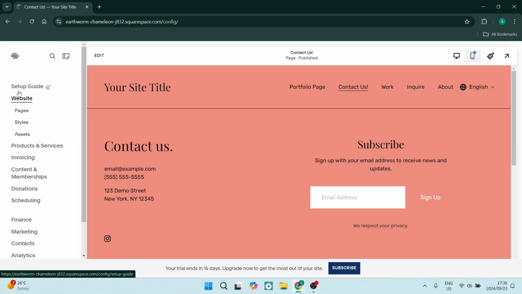Having a drop-down menu on your Squarespace website can make navigation super easy. So today I'm going to show you exactly how to get it done. Let's go. The very first thing you want to do is make sure that you've navigated to the left-hand side